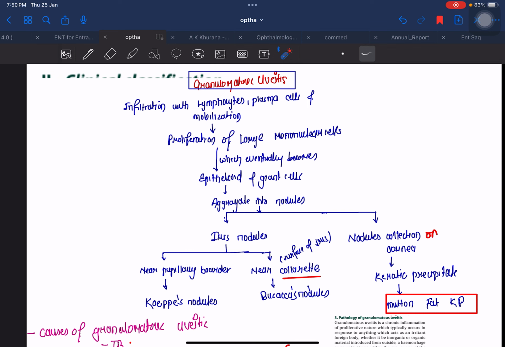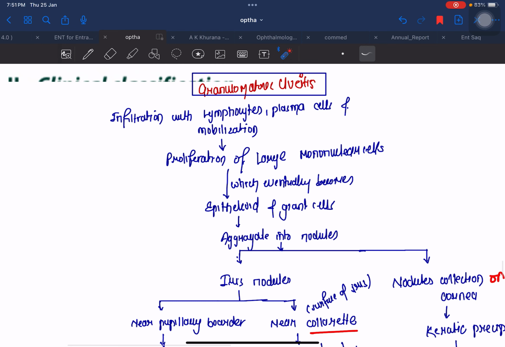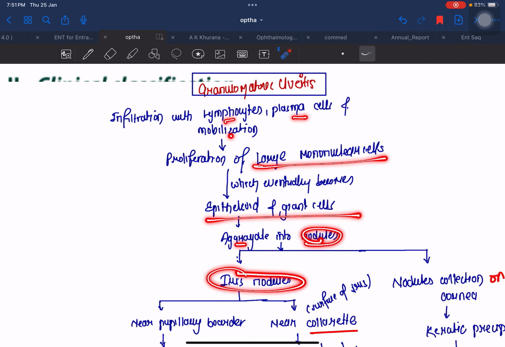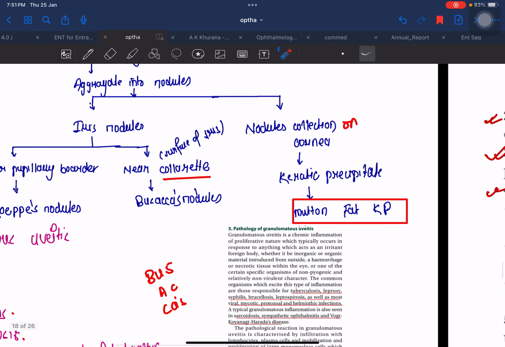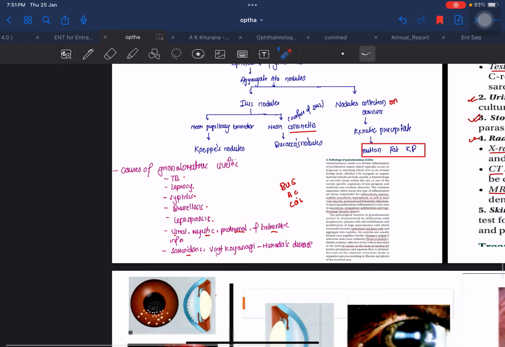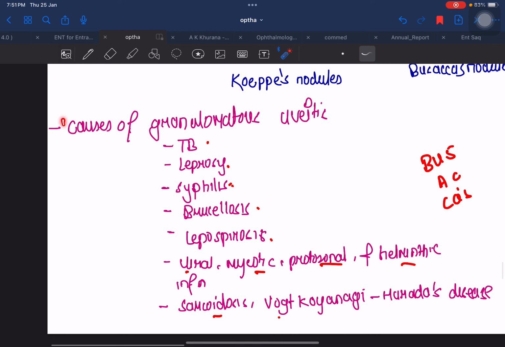In granulomatous uveitis, there will be infiltration of lymphocytes and plasma cells, mobilization will take place, and there will be proliferation of large mononuclear cells that aggregate to form epithelioid and giant cells. They eventually aggregate to form nodules, collected as iris nodules or on the cornea. In the iris at the pupillary border, Koeppe's nodule; at the collarette, Busacca's nodule; and on the cornea, mutton fat keratic precipitates are presented. So this is what happens in granulomatous uveitis, and often it is asked about the cause of granulomatous